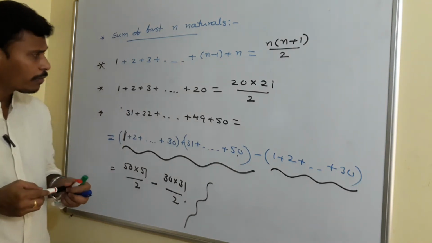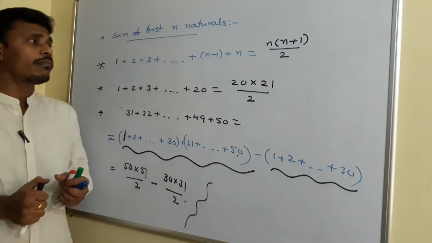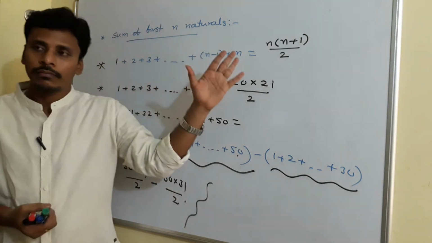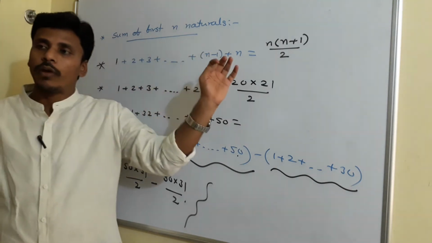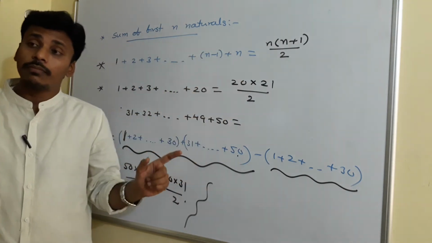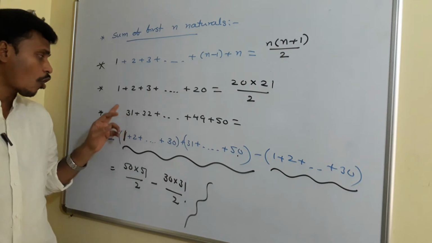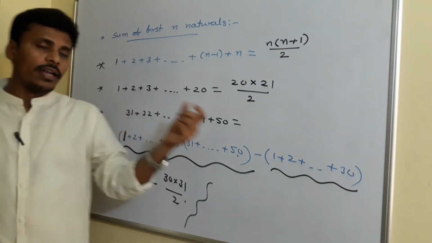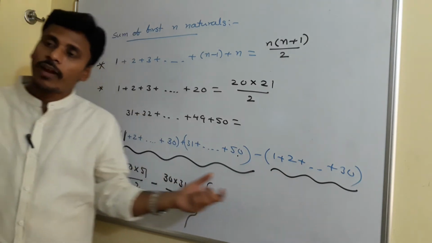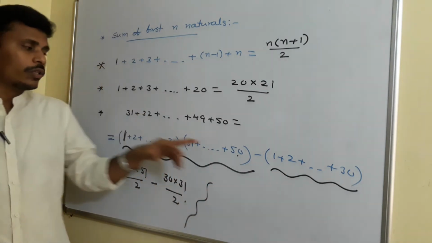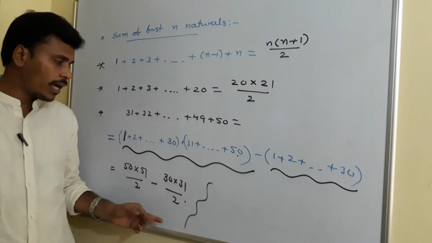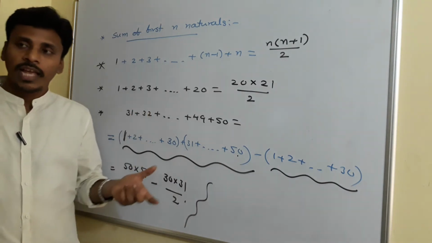I am repeating that if the sum of the first n natural numbers starts at 1 and ends at n, then the summation is n into n plus 1 by 2. If the sum starts at some number like 31, not at 1, then you need to add its before terms, and to balance you need to subtract also. After having the sum starting from 1 to n, then you are allowed to utilize n into n plus 1 by 2. Use that to find the required sum.